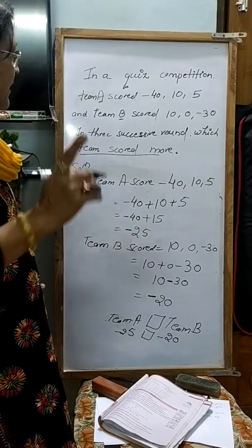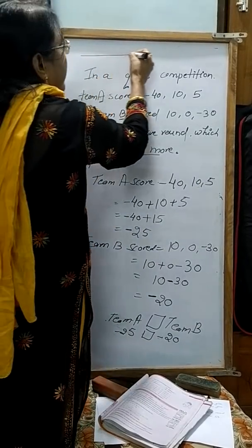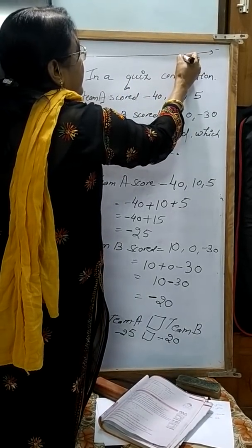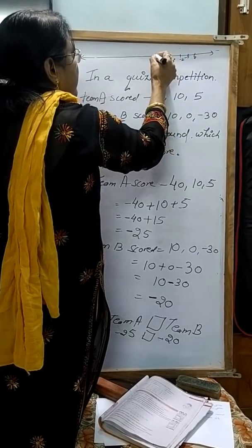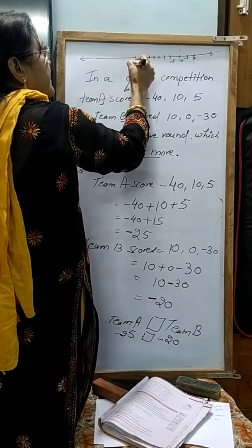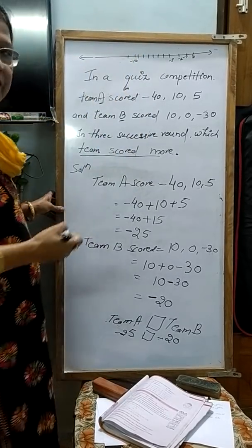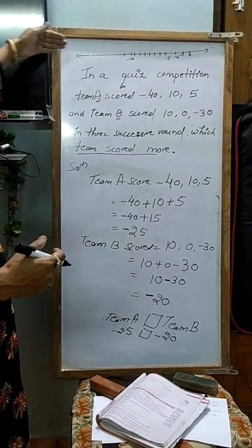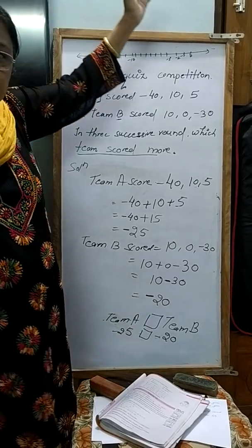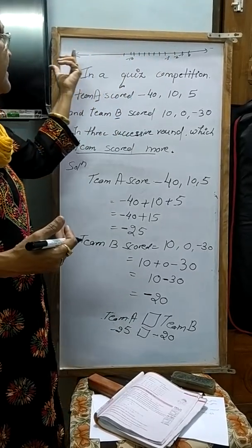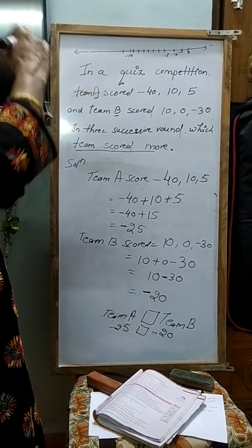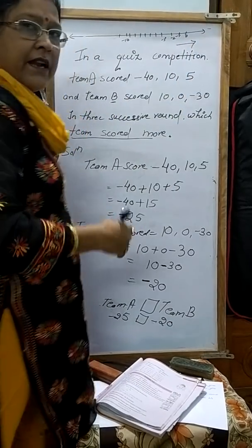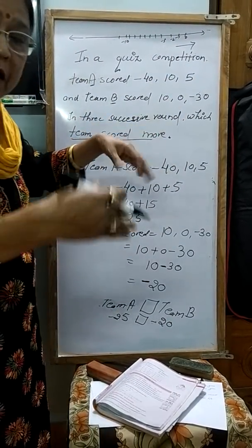Now, in the number line, if you will draw the number line, you know that suppose this is 0 and this is minus 1, minus 2, minus 3, minus 4, minus 5, minus 6, minus 7, minus 8, minus 9, minus 10, then minus 20. Like this, if you will write the numbers, then you have to see that when you go to the left hand side, you are going on decreasing the number. जैसे जैसे हम लेफ्ट हैंड साइड में जाएंगे वैसे वैसे नंबर छोटा होते जाएगा और जैसे जैसे हम राइट हैंड साइड में जाएंगे नंबर बड़ा होते जाएगा.